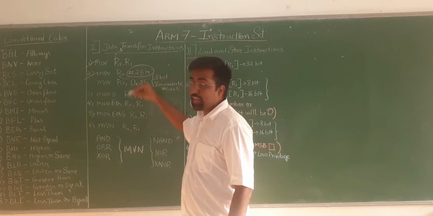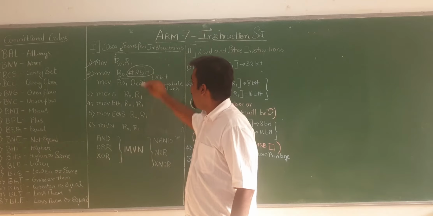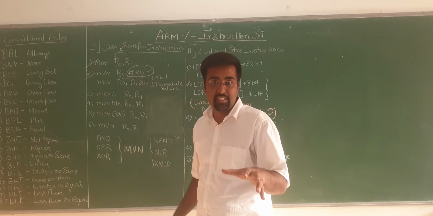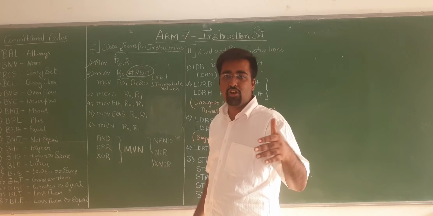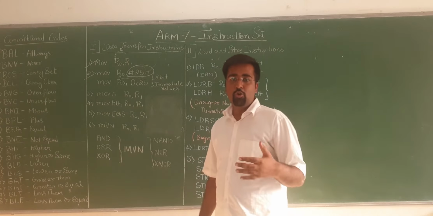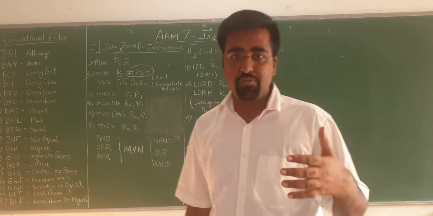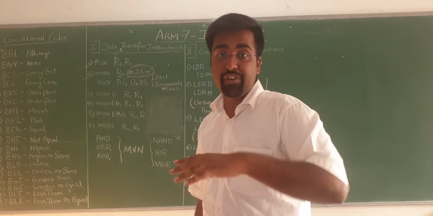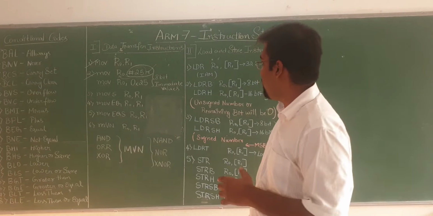25 is the data that you are passing. H represents that it's a hexadecimal number. I think you knew this concept, but still I would like to mention it, for those people who are watching this video for the first time before watching the previous videos. It would definitely help those people.